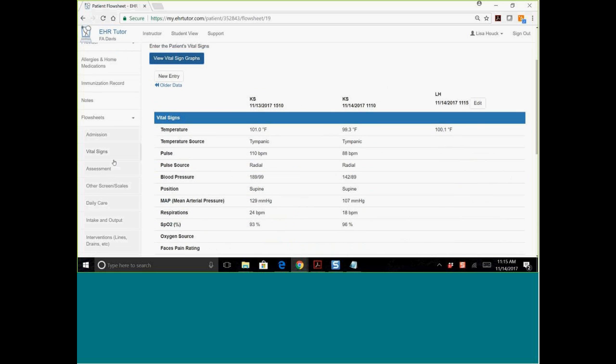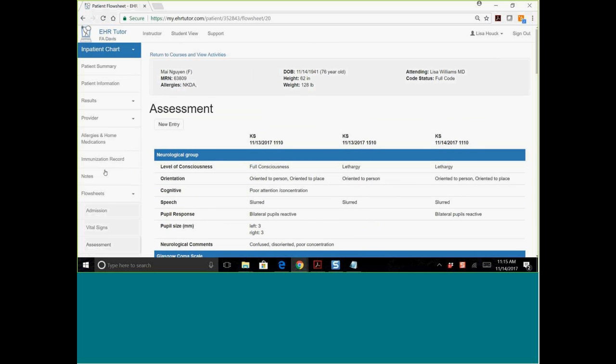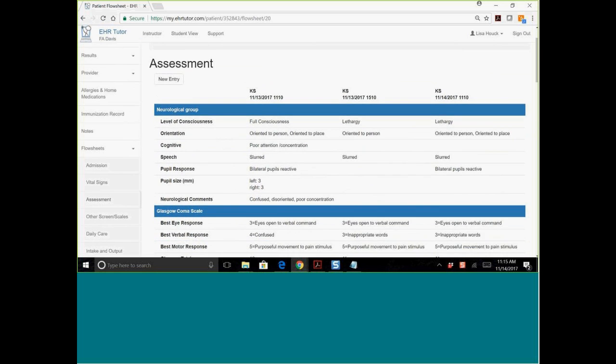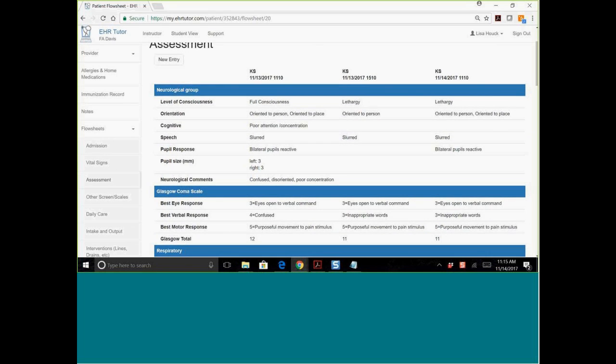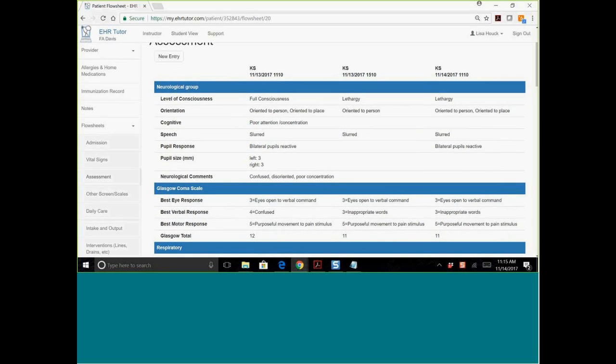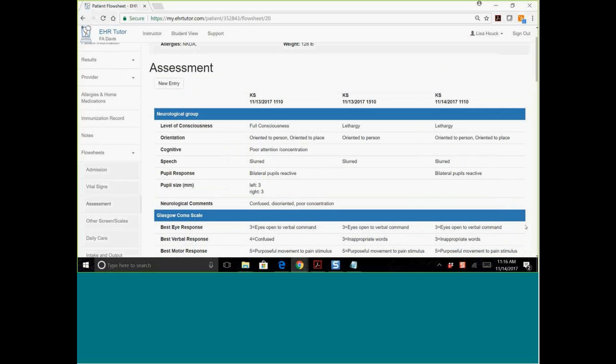Let's go to the assessment. Now, this is our head-to-toe assessment. We actually have two assessments that you would be interested in. One is behavioral health, and the other is the assessment for just head-to-toe. You'll see this patient has 3 sets of assessments that have been done. This includes a Glasgow Coma scale, Braden scale, and fall scale. At the bottom is a pain